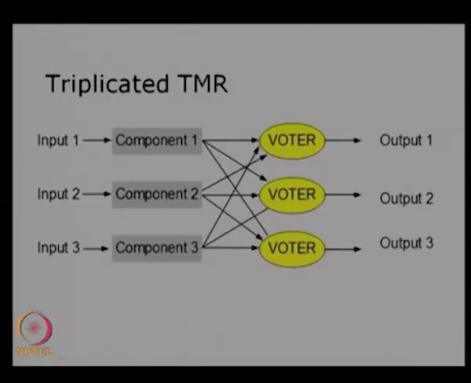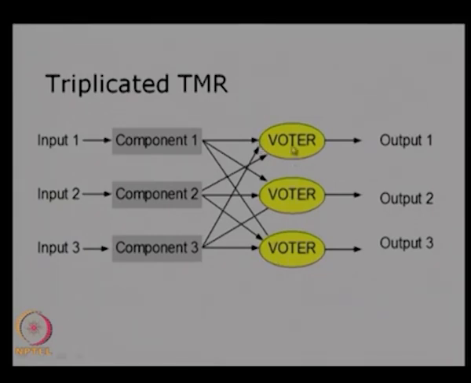So, as the name suggests, triplicated TMR is basically 3 voters. So, we have a triple modular redundancy as a building block and then we triplicate it. So, we have this, there are 3 voters here. So, the single point failure is eliminated here and then we will have output voter, all the voters are here. So, we take this voter and output from here as an output 1, output 2 and output 3. So, as you can see, this output from component 1 is given to the 3 voters. Similarly, component 2 is given to the 3 voters and the output of component 3 is also given to 3 voters, and